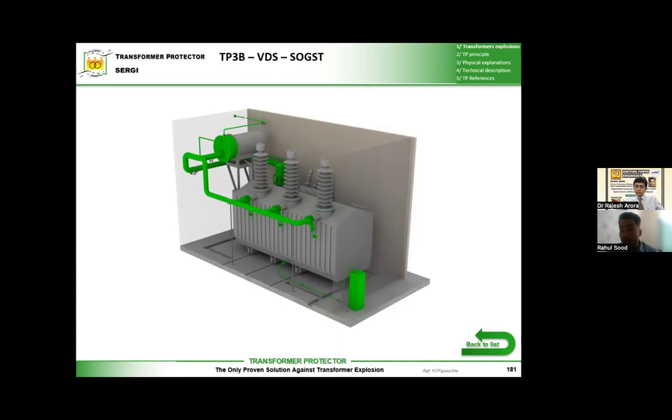Just I take this opportunity to let you know that we have worked with almost all transformer manufacturers, even based in India, the Indian manufacturers, even from worldwide. We have reference with almost all transformer manufacturers, and we have never faced such an issue anywhere, even in India or